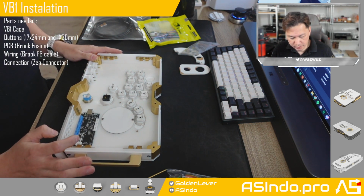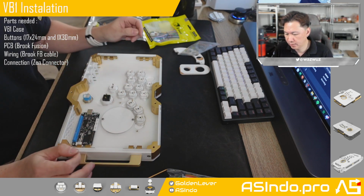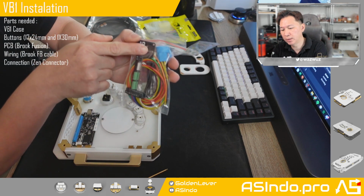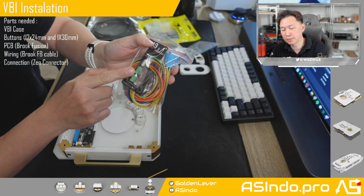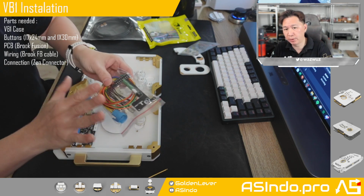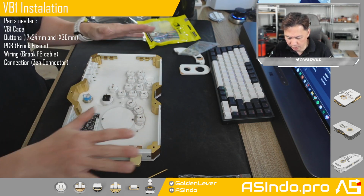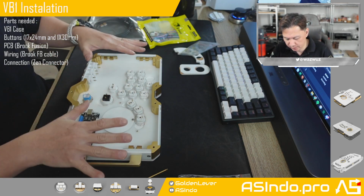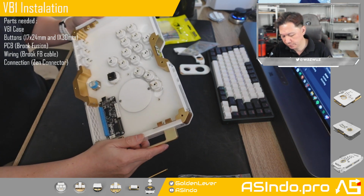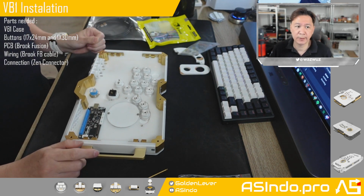Also, if you have a UFB, you can use UFB and UP5, because you can mount the UP5 on this movement switcher, but I will explain about this later. We don't want to make the video long, so let's just make this VB1 work as default. Okay, PCB installed. Next is to install